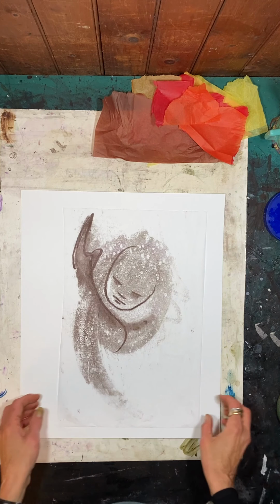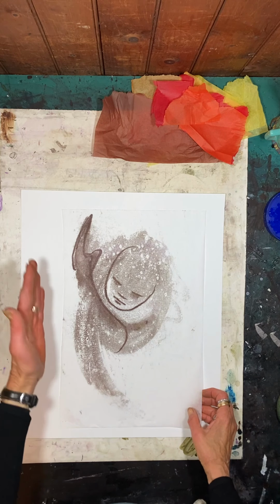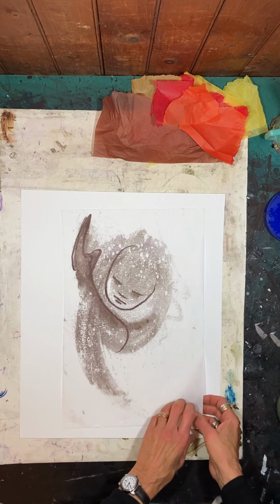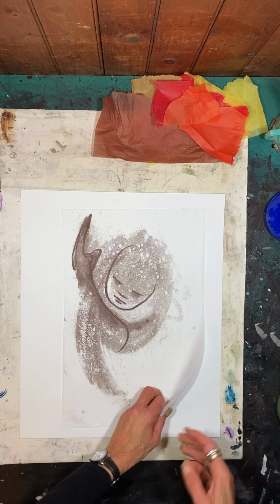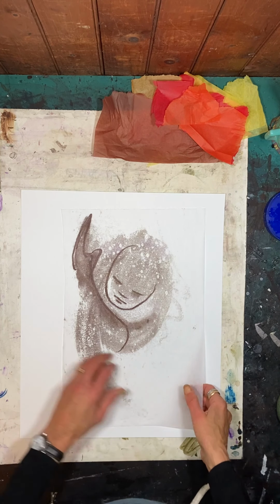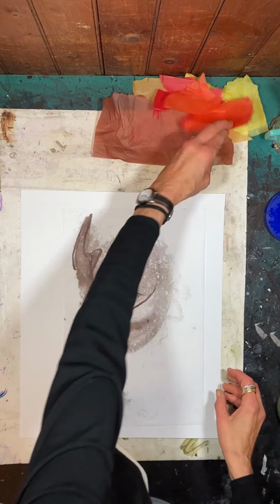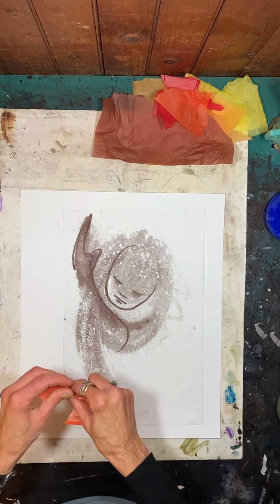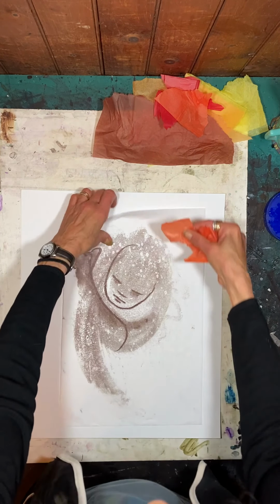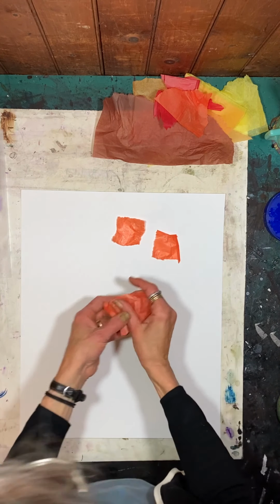I'm going to use this small drawing drawn on a half-size board with a piece of paper that is half the size of the pieces of paper we use for the big boards. I'm going to use this one to demonstrate something else that you can do when you're coloring and mounting. Because of the tissue paper being transparent, you can put things underneath. And I'm just going to use these bits of colored tissue paper